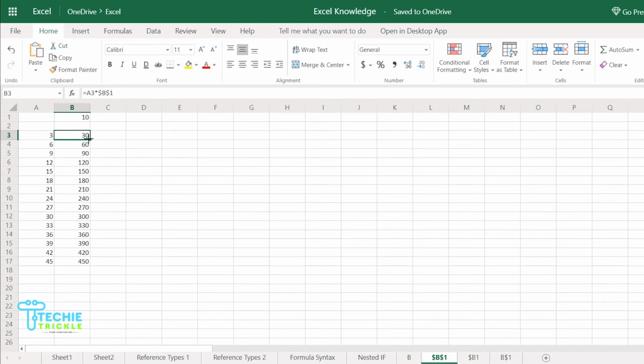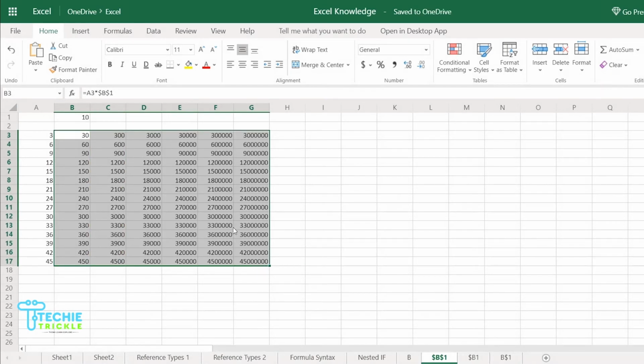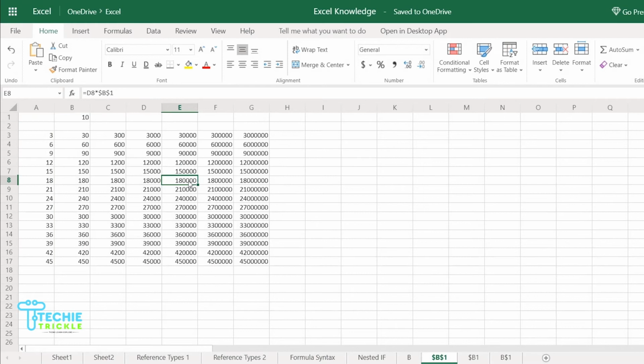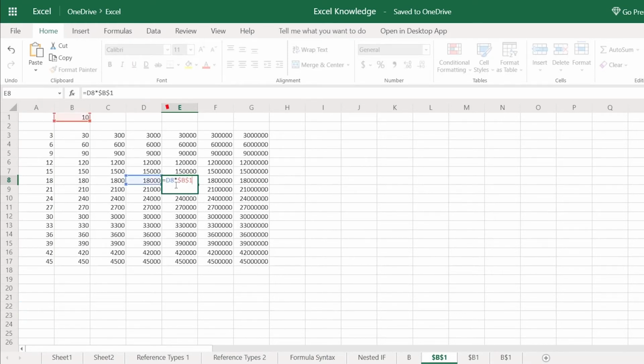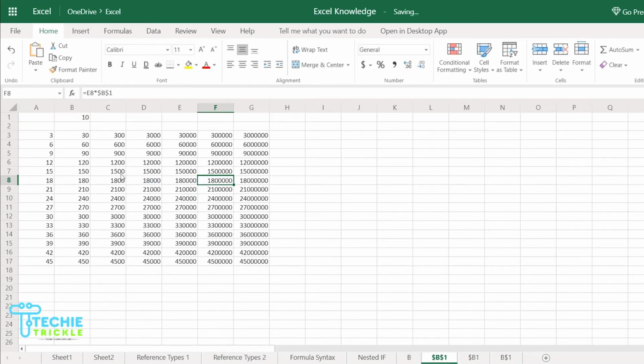So what happens if I select all this and move it like this? I am here and I press F2. D8, that is the relative value that is changing from that particular cell, and notice this part, this is not changing. It is still $B$1. That means it is locking this value here. So this is the concept of $B$1, that is absolute B, absolute 1.